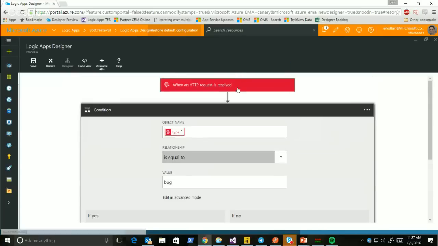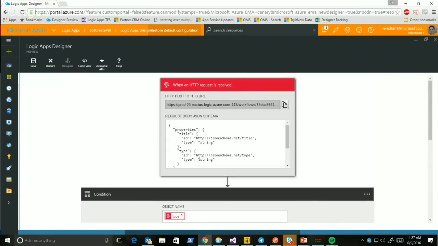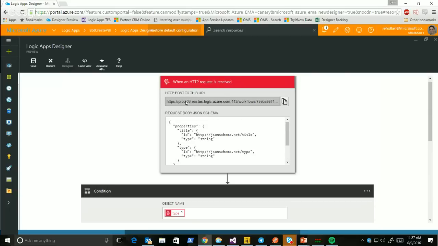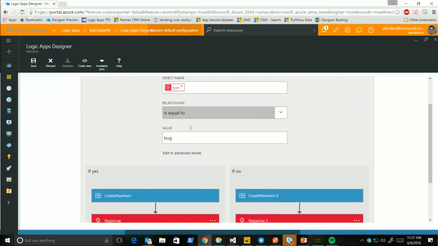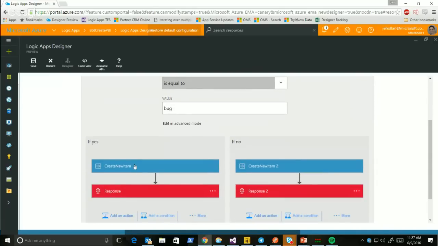It just gets that request, and here's some of the stuff Kevin talked about. I know we showed this a little bit last time. So it's saying, hey, post this request to this URL, and I've defined a schema here. Then it goes into a condition, and right now it's really simple, but it pretty much says, hey, if the request type is a bug, then create a bug. If the request type is not a bug, right now that means it's a feature, then create a feature. And I have other Logic apps to do things like search the backlog and whatnot.